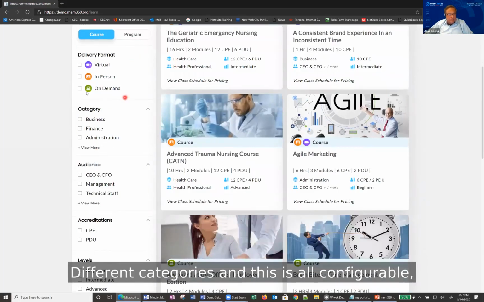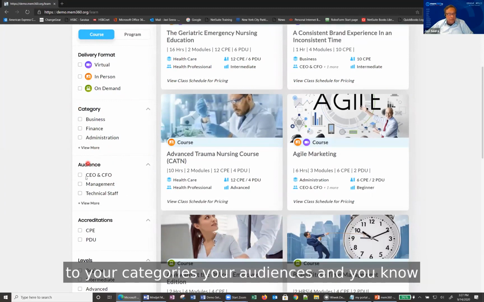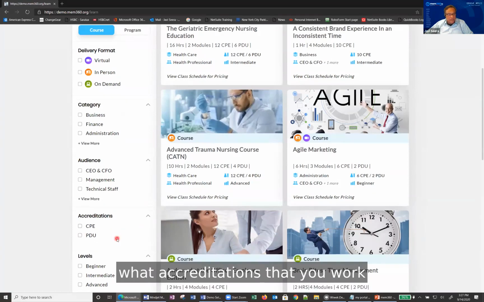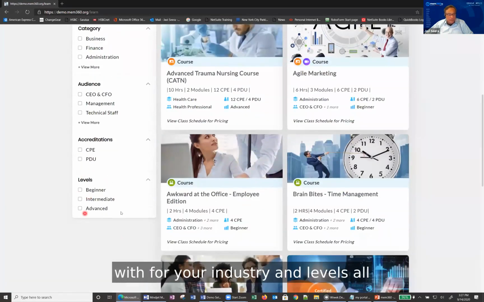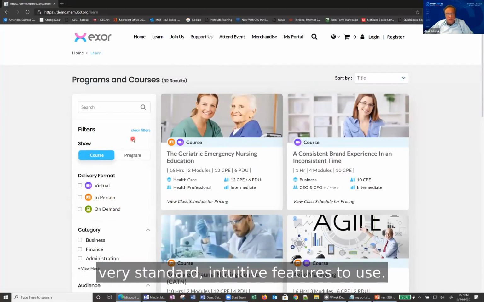Different categories, and this is all configurable. During implementation, this can be configured to your categories, your audiences, and the accreditations that you work with for your industry and levels. All this is defined for you, and I can filter by this. I can clear the filters. Very standard, intuitive features to use.